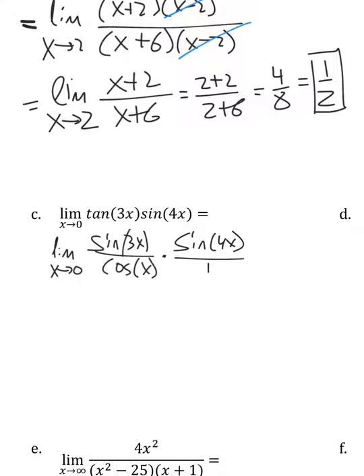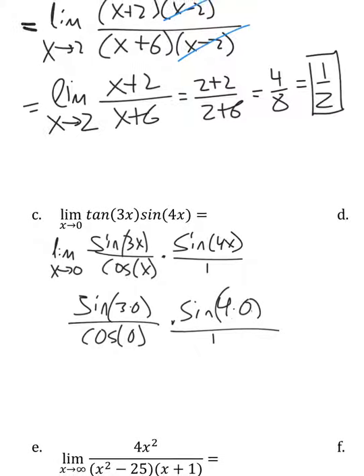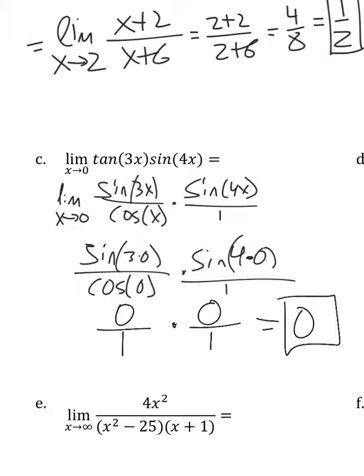When we do direct substitution, we plug in 0: the sine of 3 times 0, all over the cosine of 0, times the sine of 4 times 0, all over 1. Well, the sine of 0 is 0. Cosine of 0 is 1. Sine of 4 times 0 is 0 over 1, which is 0. All right, so direct substitution works here. Now,